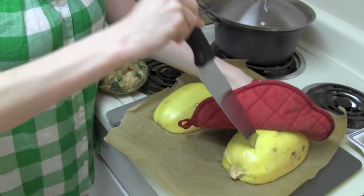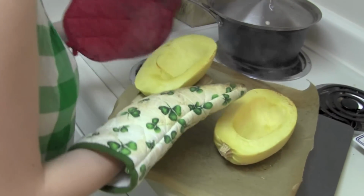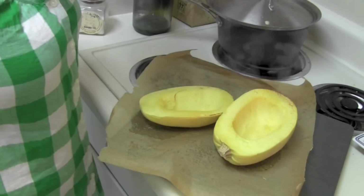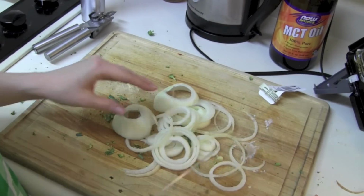See how easy that goes in? Now flip it right side up. Look, I'm using oven mitts so I don't burn my hands. And let that cool. All right, so I'm just chopping up about half an onion, and I want it